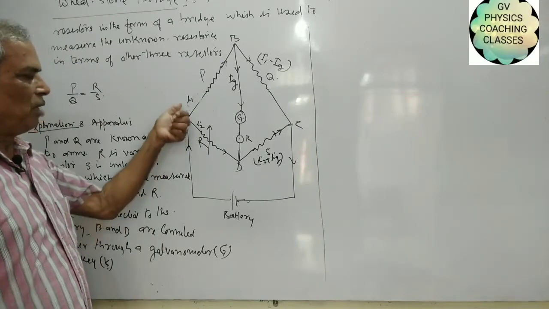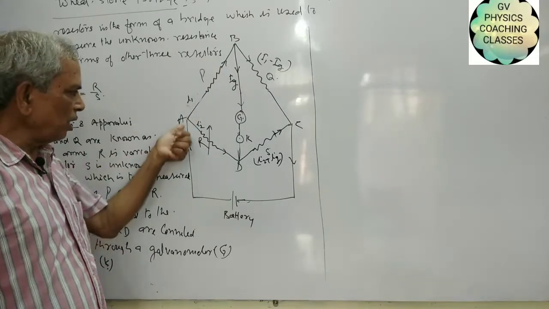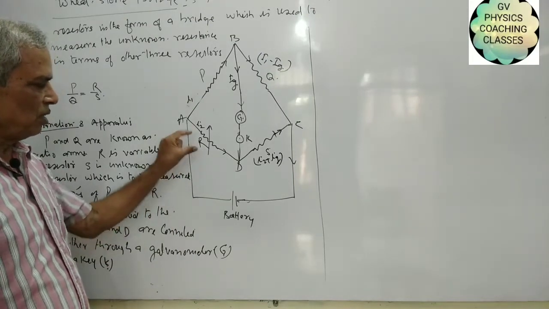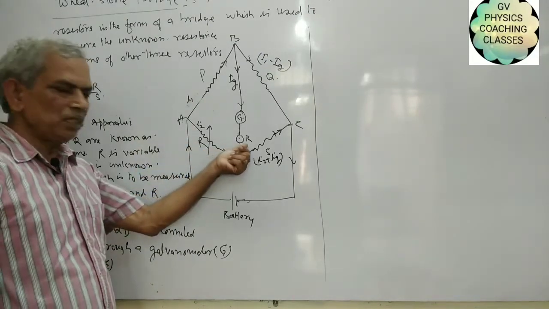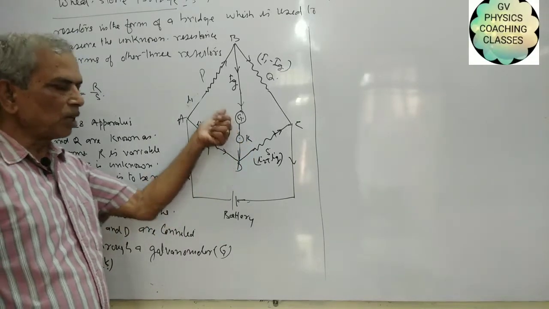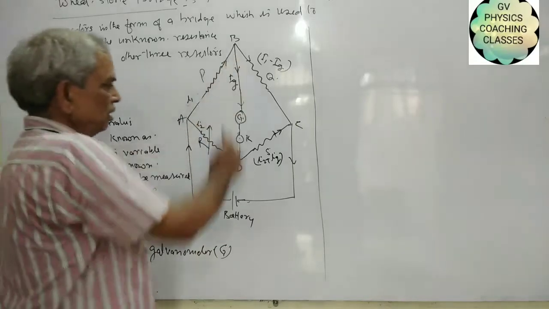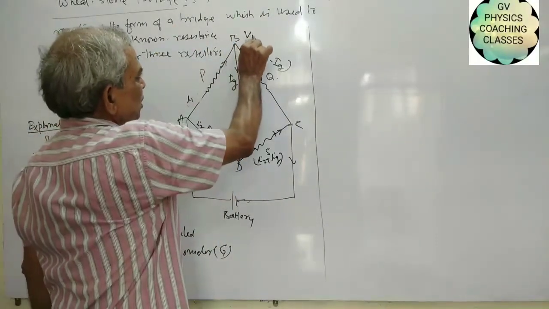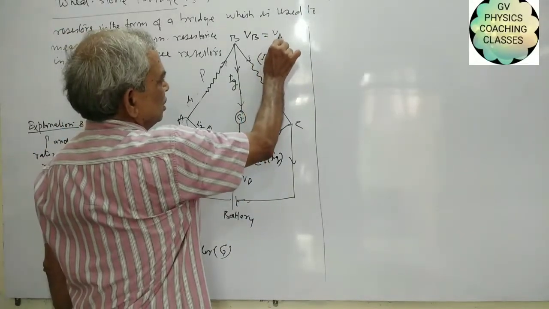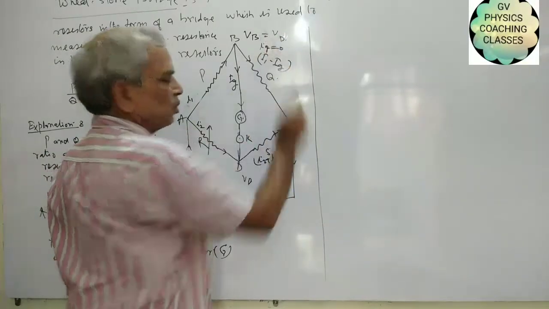The current at point A divides into two parts. I1 goes to the resistor P and I2 goes to the variable resistor R. This variable resistor is adjusted in such a way when the key is closed that the current of the galvanometer becomes zero, and in that case the voltage VB and VD will be equal and Ig will be zero.